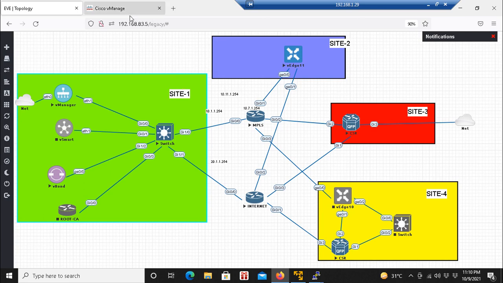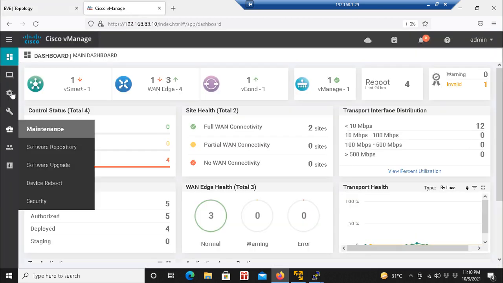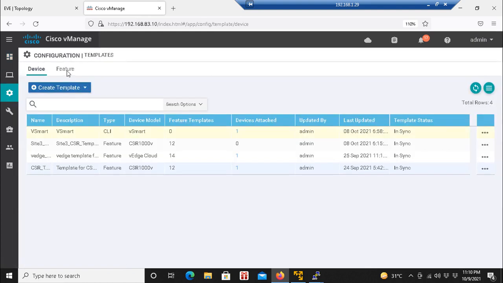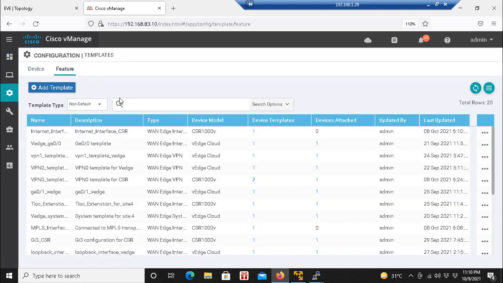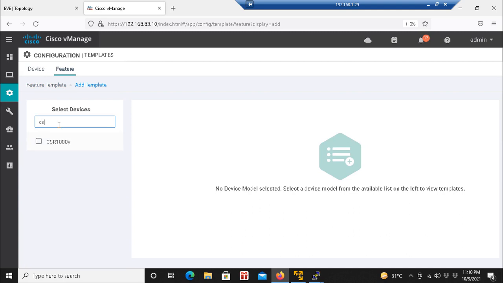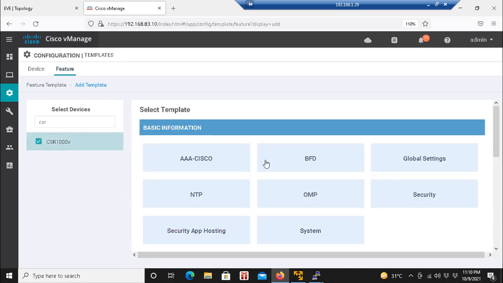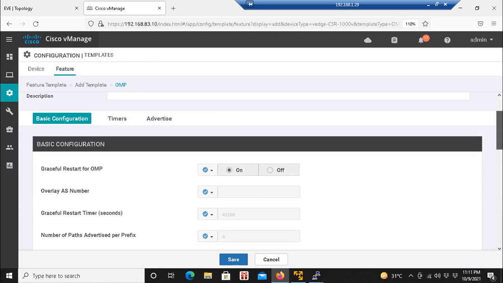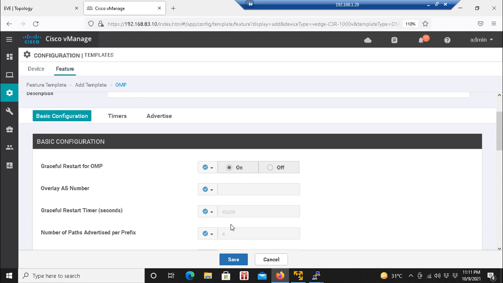So if we go to the vManage and check the default timers, the default graceful timer is 43,200 seconds, which is around 12 hours.